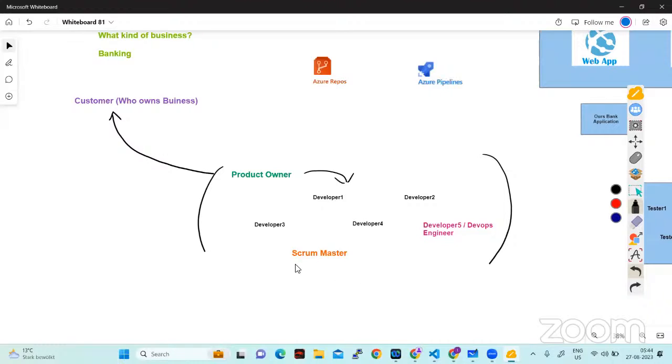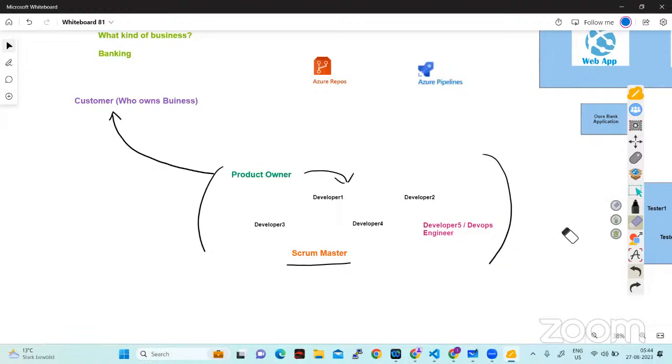Okay. And then a scrum master is basically one of the roles who will guide how the developers and everybody should go with the development process. Okay. So when we are following agile methodology, I'm not really going to discuss what is agile and so on. It will be boring for you. But when we are following this agile methodology, a scrum master will guide how the development should be implemented